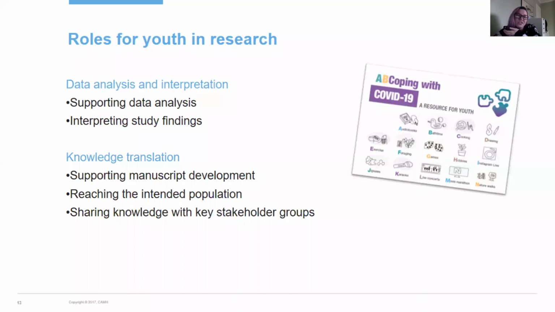So like Lisa said, for the COVID study, we took all kinds of different findings and we turned them into resources that are by youth for youth. So different examples would be, we made an apps list, we made a resource for trans and non-binary youth, and quite a few more. And it sounds really simple, but basically just ask them what they would like to see and make it happen.